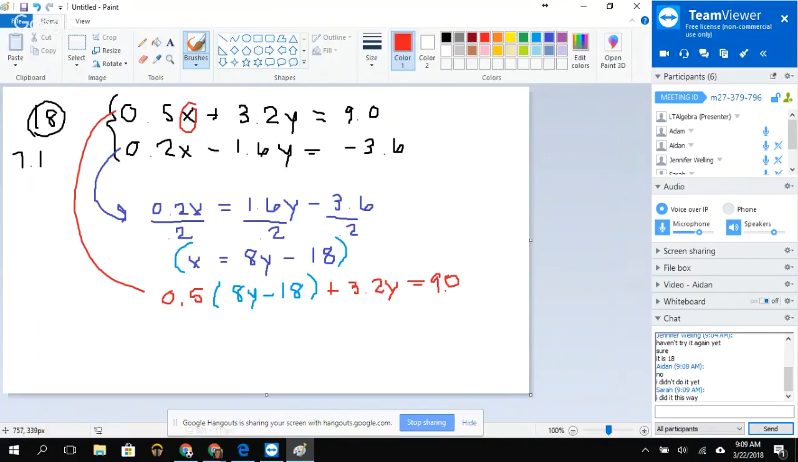9.0, not 90. All right, so now I need to just distribute my 5/10, right? So I end up with 4y minus 18 plus 3.2y equals, and I'm just going to leave it at 9, okay? 3.2. Sorry for my crazy writing. So if I add these together, I get 4y plus 3.2y is 7.2y. And I'm also at the same time going to add 18 to both sides, and I end up,